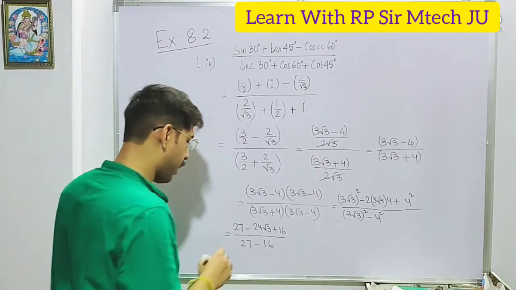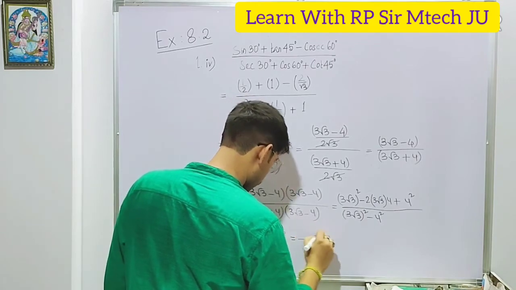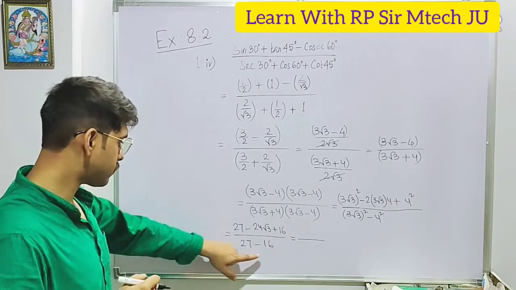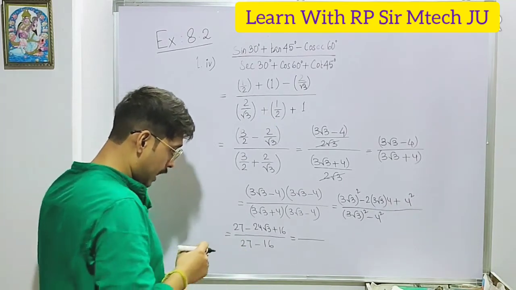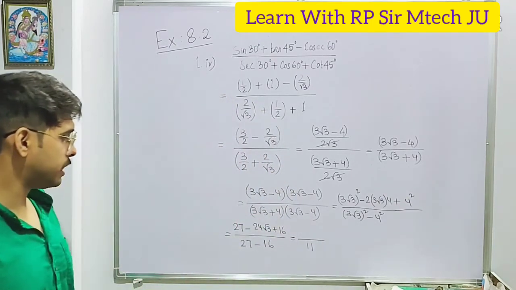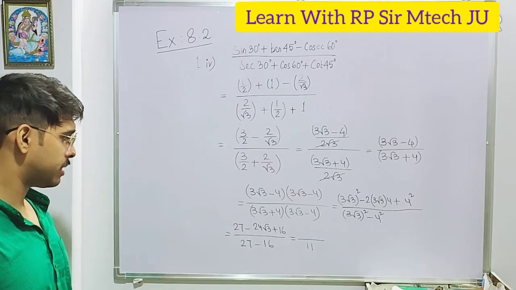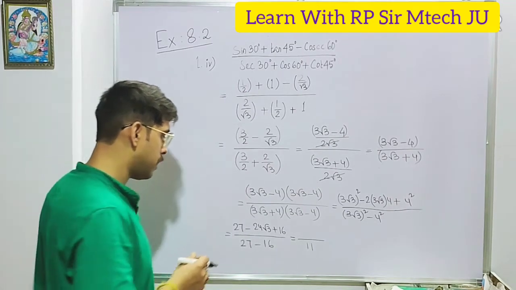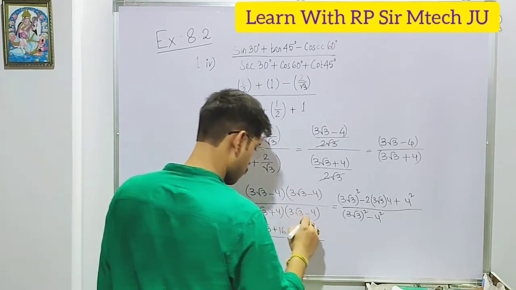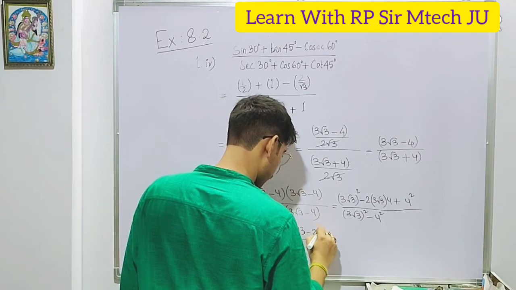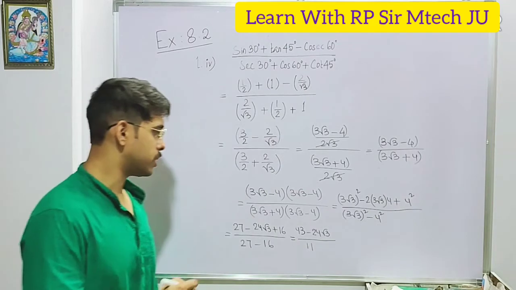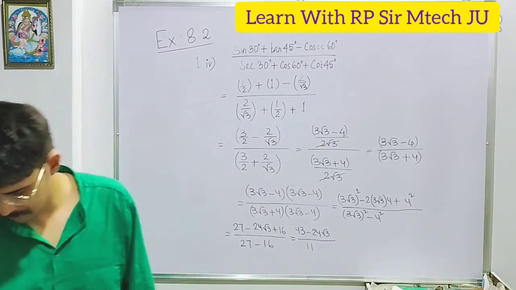Right? So finally the value that comes, so here it will be 27 minus 16, that will be 11, and here we are getting 27 plus 16, that is 43, minus 24 root 3. So this is the answer to this particular question. Okay. The next one,